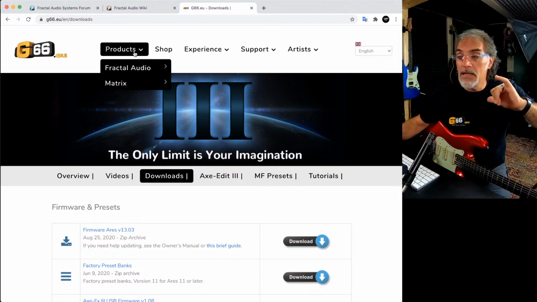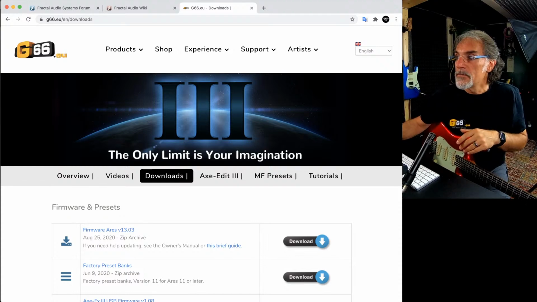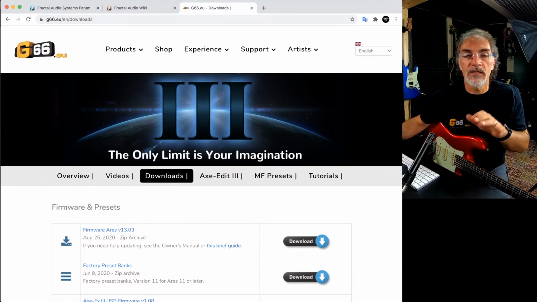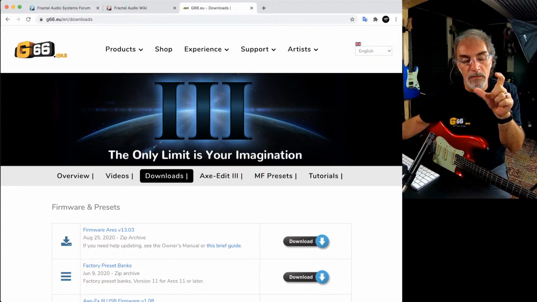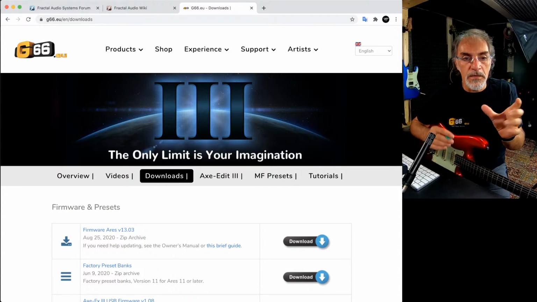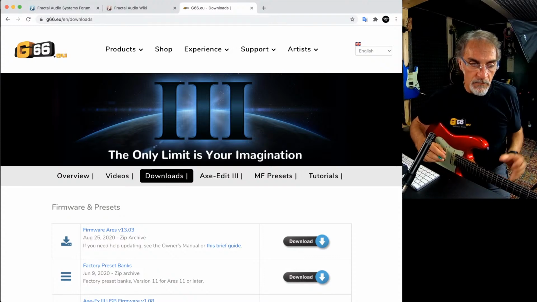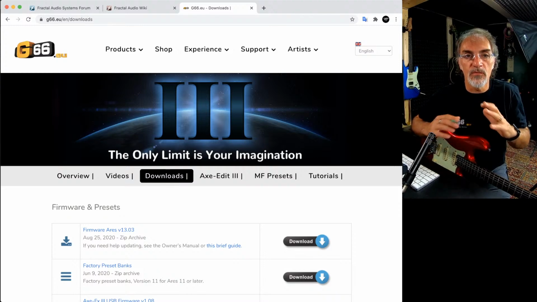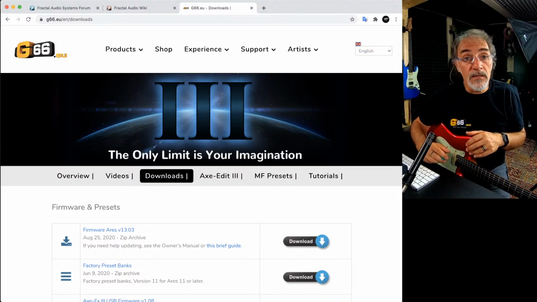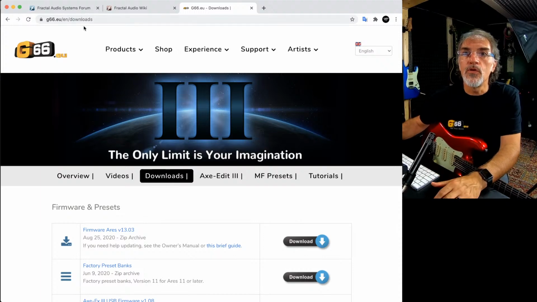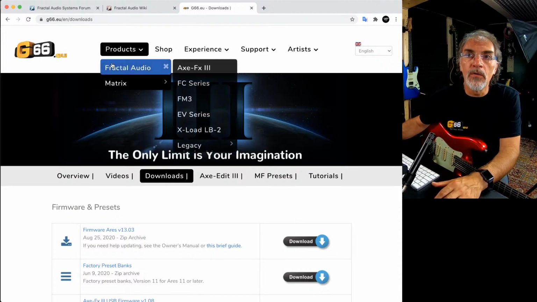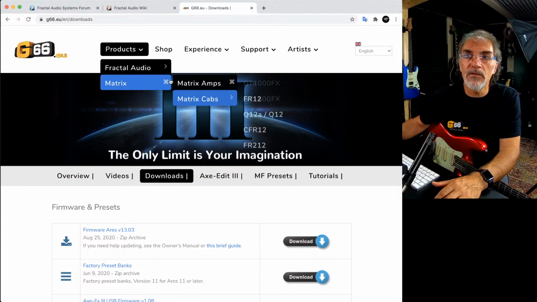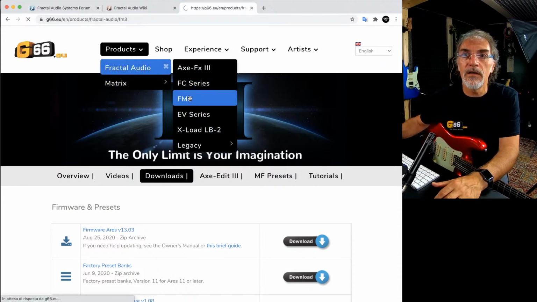So it could be possible that in the first firmware there are some software parts to optimize. So it is necessary to upload and upgrade the firmware, but not only, also the factory preset.